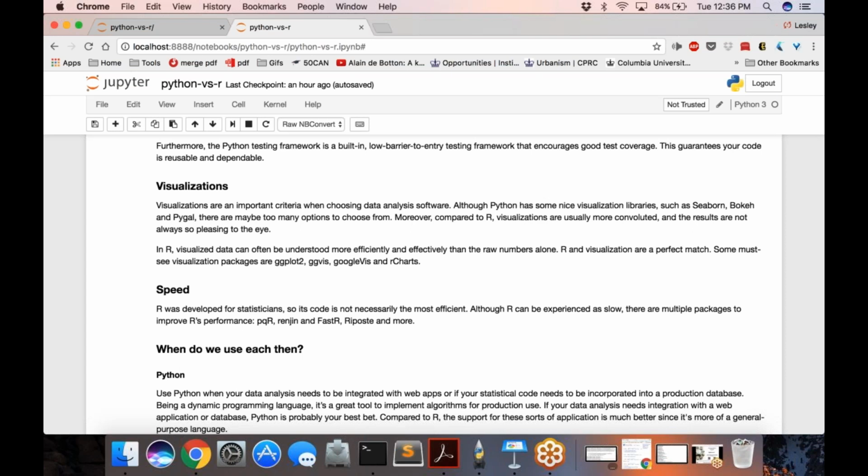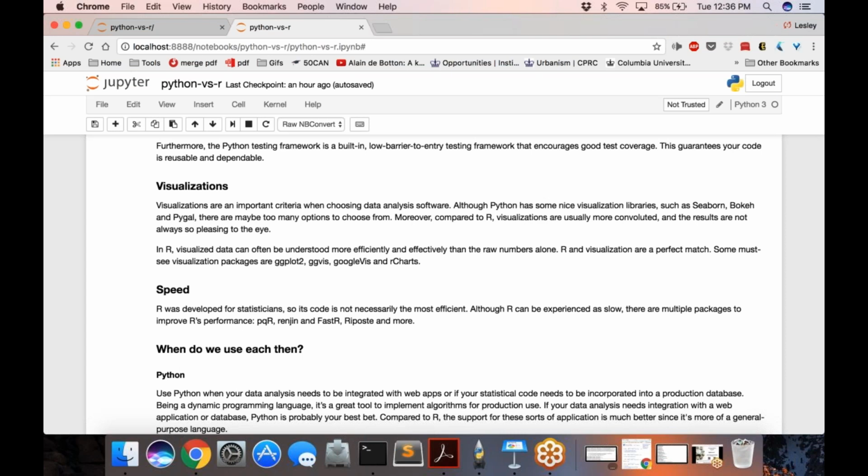If you look at different visualizations of the same data in Python versus R, you'll actually see that not only are they more aesthetically pleasing, they're generally more detailed. They support doing visualizations in a more automated format better.